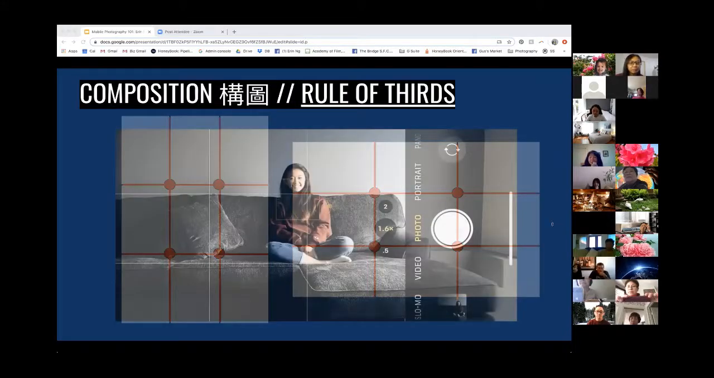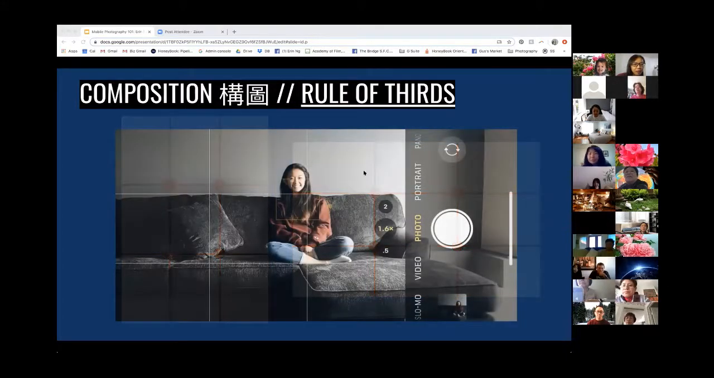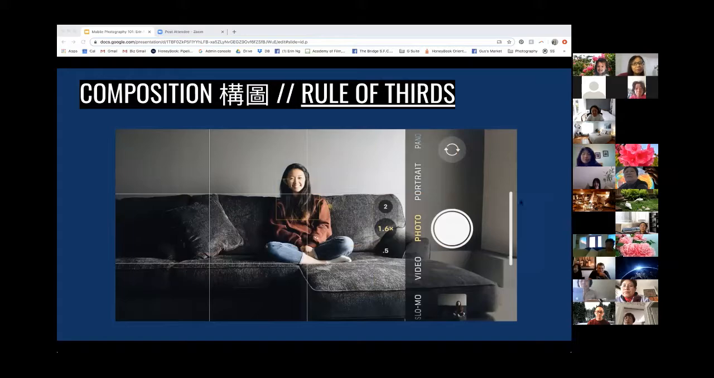So this is a photo of my sister. So I placed her and her whole body along the intersection of those lines. 我就將佢擺喺右上角嘅第一個 intersection 嗰個交接位。 And then the pillow is on the other two. 咁另外嗰個枕頭，就係放喺另外嗰兩個左邊嘅交接位。